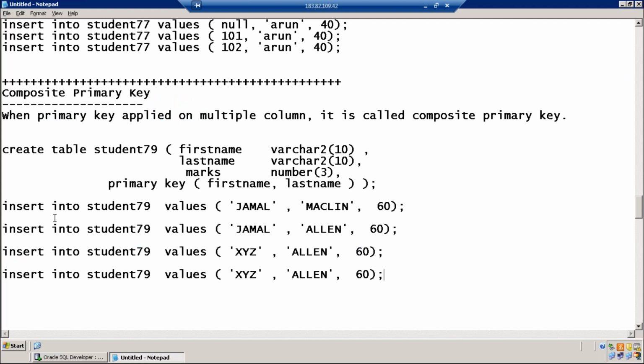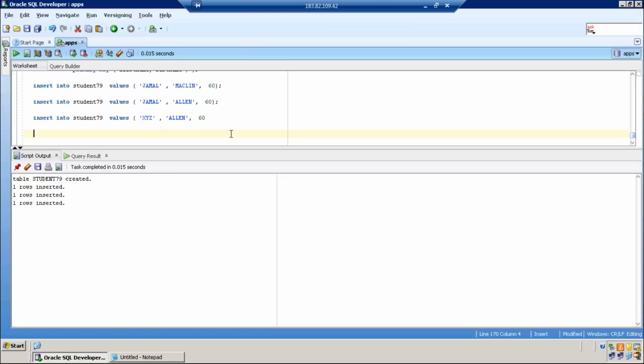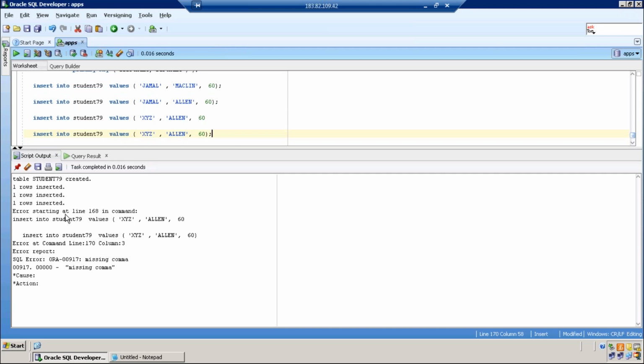When do you get an error? When the combination XYZ ln, again I am writing XYZ ln. This will give you error. Cannot insert.